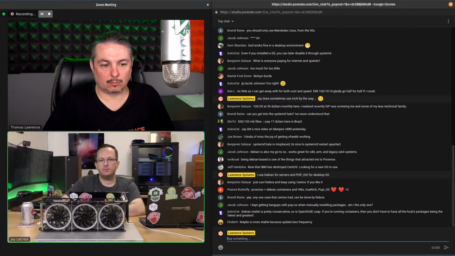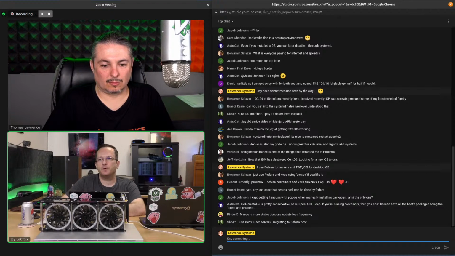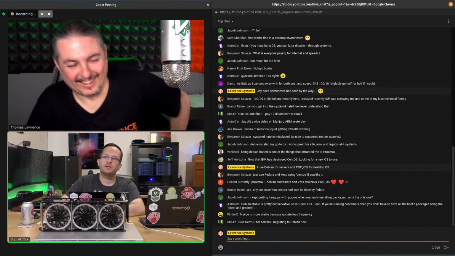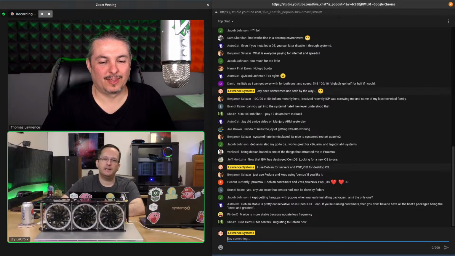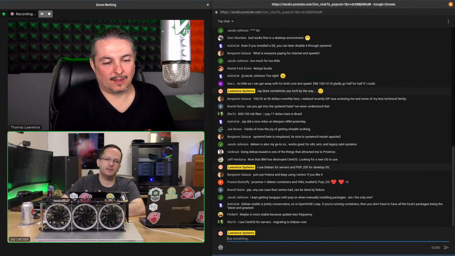Then we have unstable, which is rolling because there is no freeze, as I understand it. They just keep throwing packages in there, but it's unstable. A lot of people argue that it's stable enough, that if you have a problem, you just wait. But I don't think anyone's gonna run unstable on their Homelab servers. And I think fewer, some people might run testing. I think stable is going to be the way most people go.